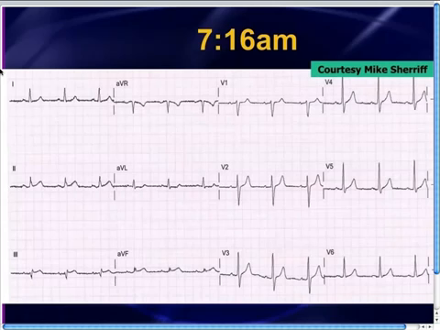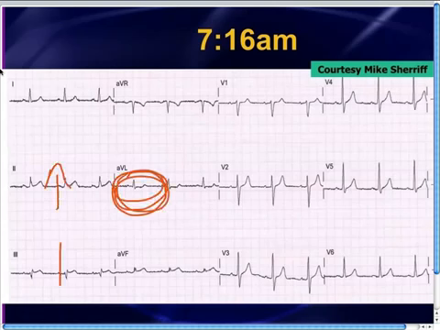The first EKG abnormality that occurs in a STEMI sometimes is the reciprocal change. Sometimes reciprocal changes occur first, then the STs start to rise. And that's exactly what happens oftentimes in inferior wall STEMIs. In inferior wall STEMIs, what oftentimes will happen is that you get reciprocal changes in lead AVL, and then a short time later, the ST segments from the inferior leads start to rise 5, 10, 15, 20